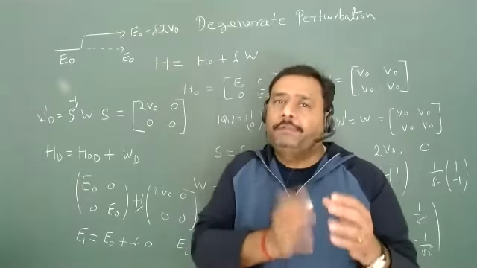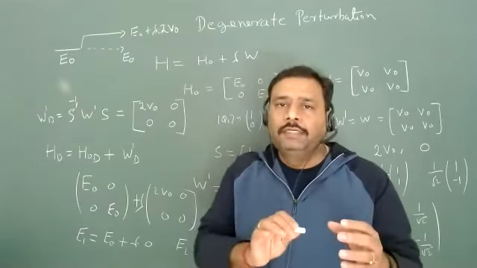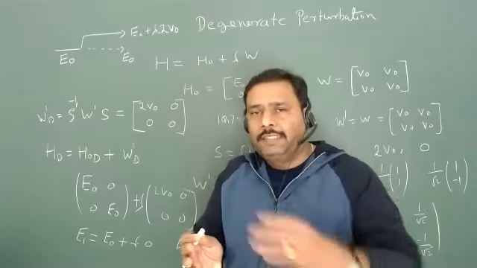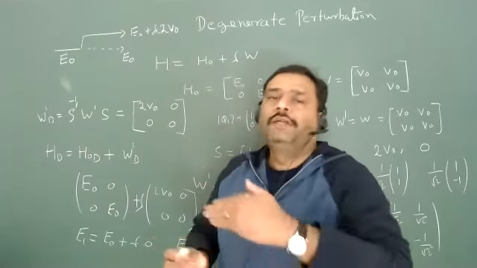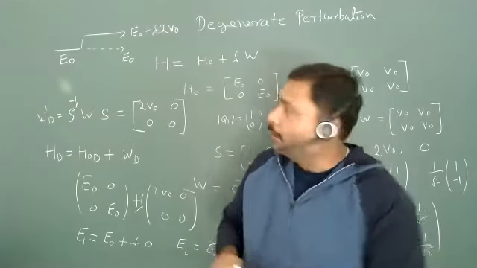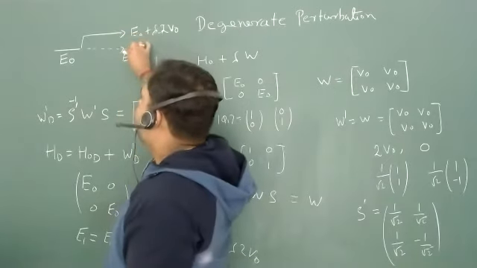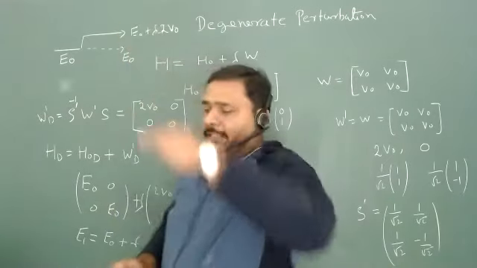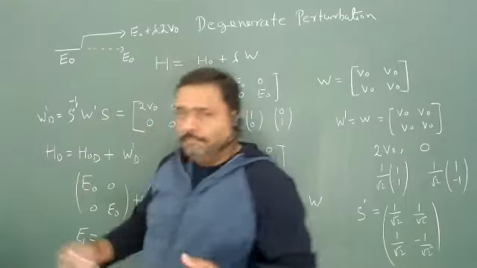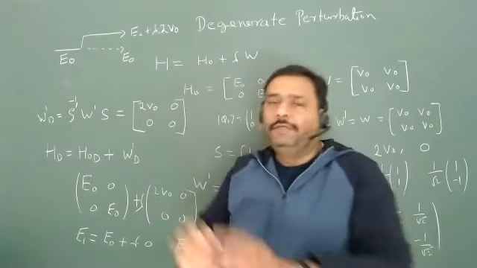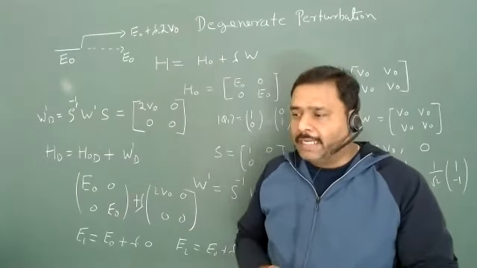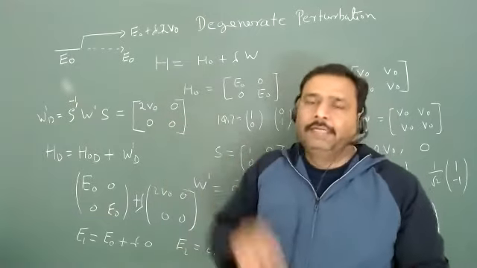So if you are shaking that particular system with some potential, then what are you getting? You are just breaking this degeneracy, and you will have exactly 2 different levels. These 2 different levels are very nicely arranged, because the lowest state is not going to change, and the next level will just be broken. So this has information of these 2. But it can be revealed only if we give some kind of perturbation to our system, some external field or something.